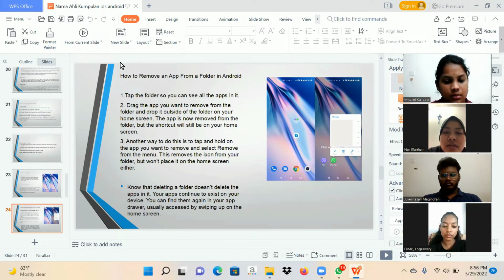Now your apps continue to exist on your device. You can find them again in your app drawer, usually accessed by